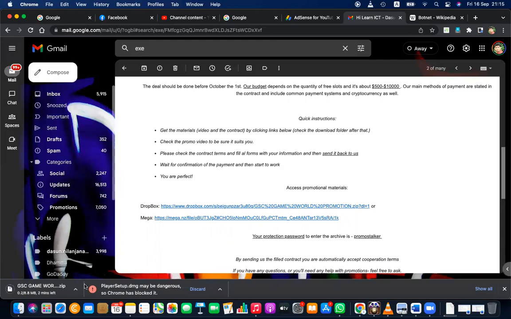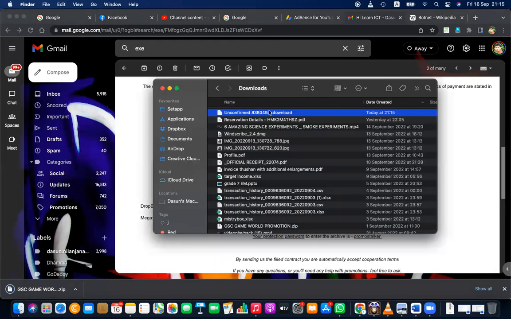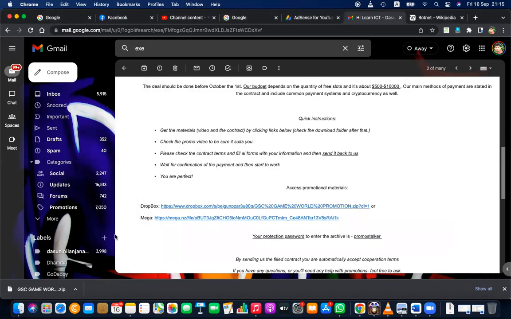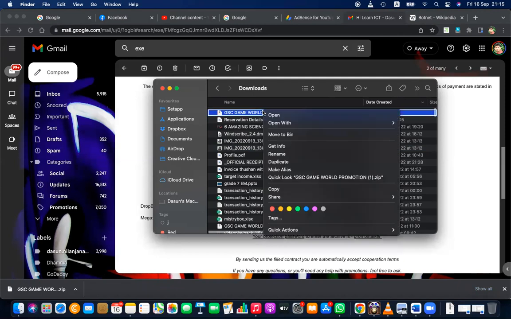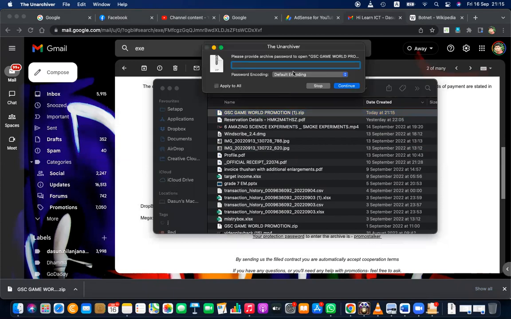Okay, let me show. When I download this, let's go inside that. It's still downloading. Okay, right click on the archive, and it's asking me for the password.